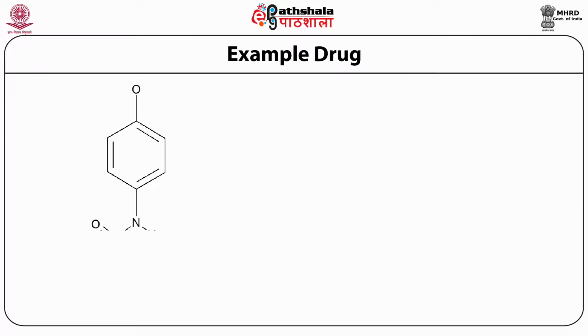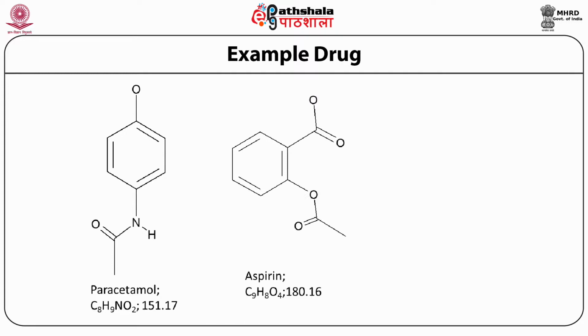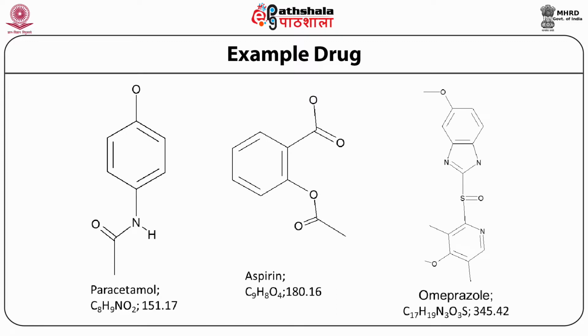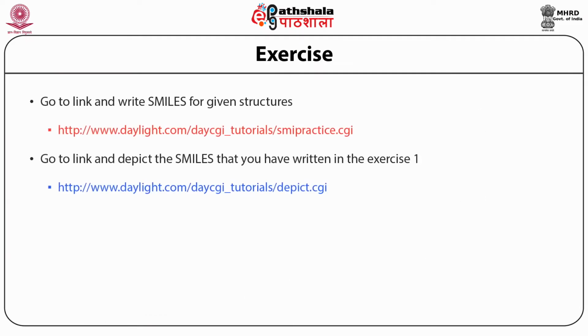Now I request you to look into these 3 drugs and build up the SMILES format, and calculate as many descriptors as you like. All 3 are for 3 different diseases. One is paracetamol, which is an already known drug, aspirin is the next one, and omeprazole is the other example. The formula is written and the chemical structure is shown to you, and how to do the exercise is given in my last slide, which is the exercise. So you go to this, calculate all these values, and try to understand how to do these exercises.